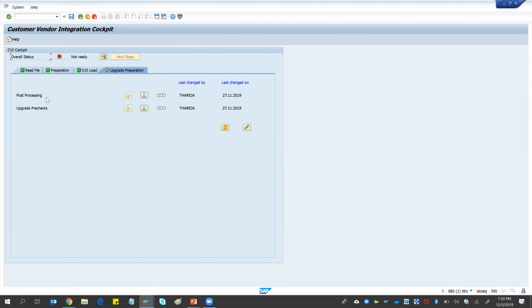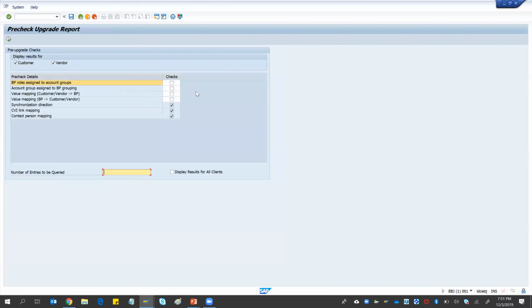This basically gives you a list of a couple of tools, because typically whenever a customer and vendor is created, you would have errors as well, and those errors need to be fixed from the PPO tool. It gives you another chance to reprocess those errors, followed by an upgrade check report, which basically lists you